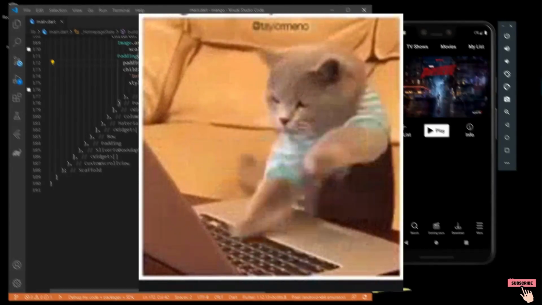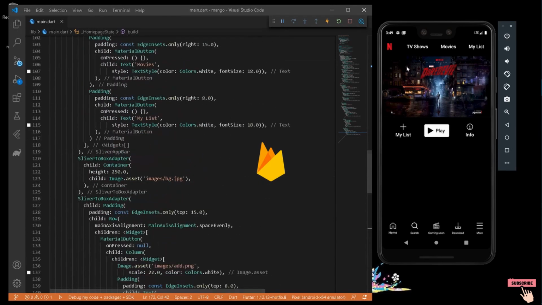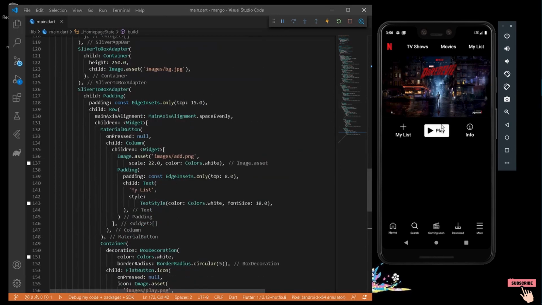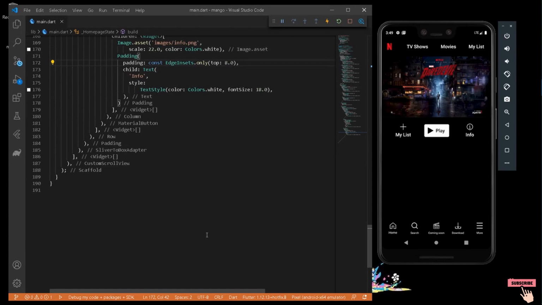Hey, what's going on? Fetching the data via Cloud Firestore can make the data management more flexible in Flutter, isn't it? Yes. And in this video, let's fetch some data via Cloud Firestore, that is the movie or TV show name, images as well as certain description of the following TV show. And also, let's make some progress in building our Netflix clone app via Flutter and Firestore.